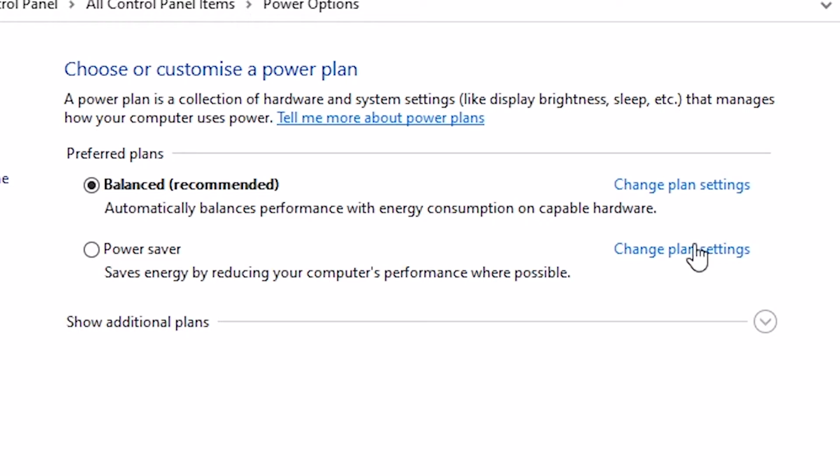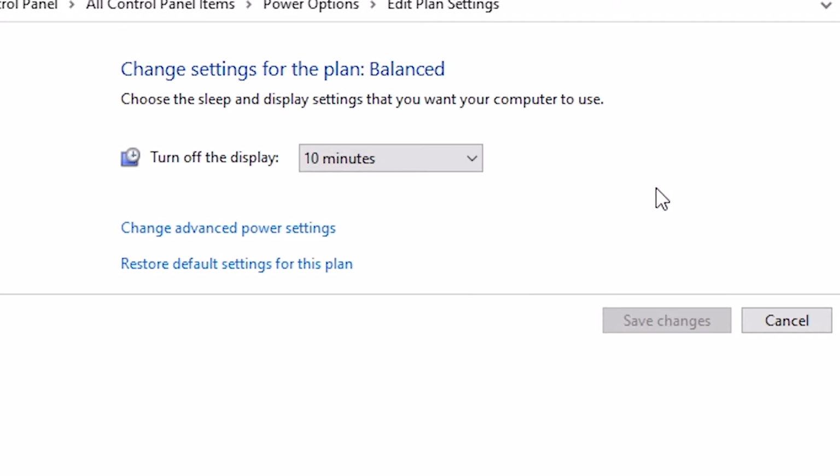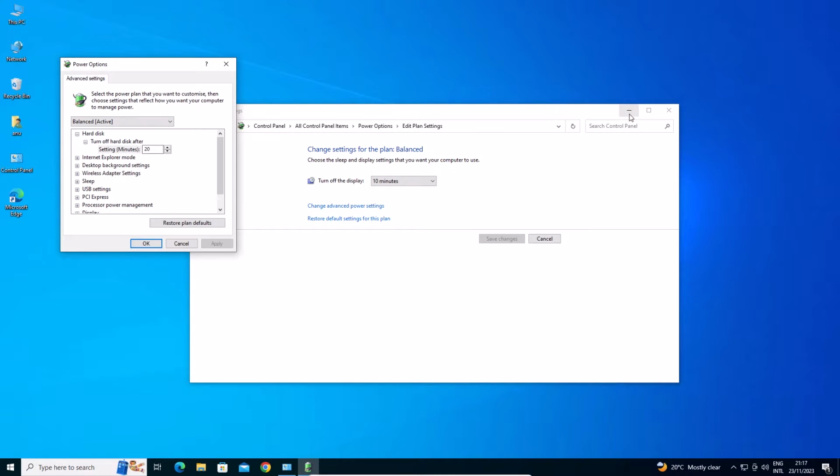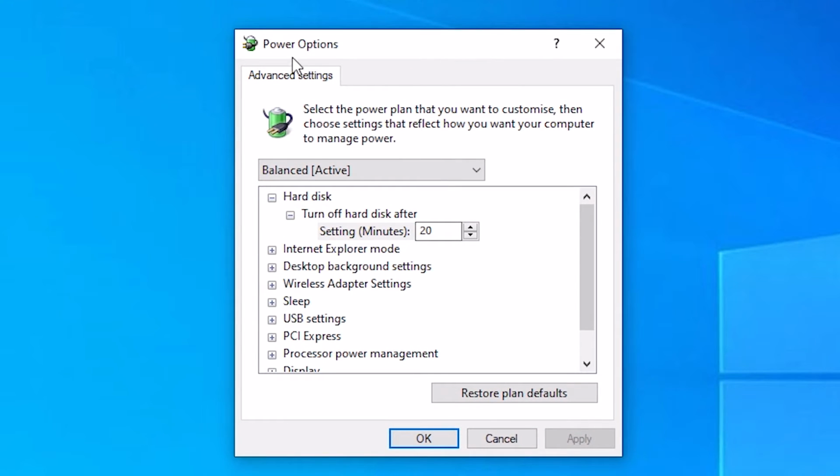Here we also find Change plan settings. Go to the selected plan and go to Change plan settings. Here we find Change advanced power settings. Click on Change advanced power settings. Minimize it. Here we find the Power Options advanced settings. Here go to the